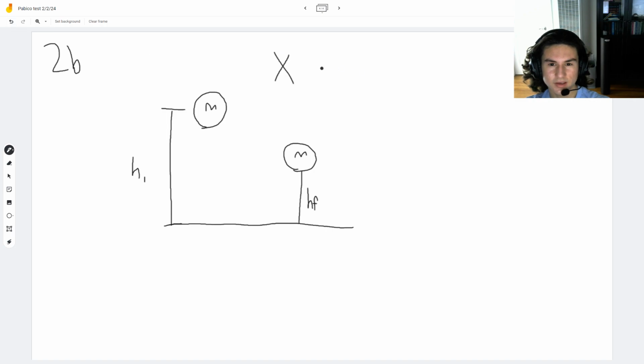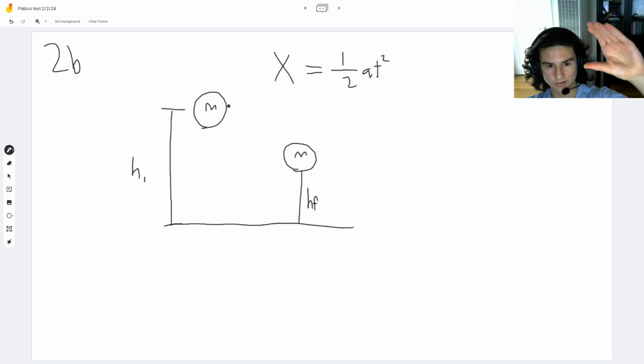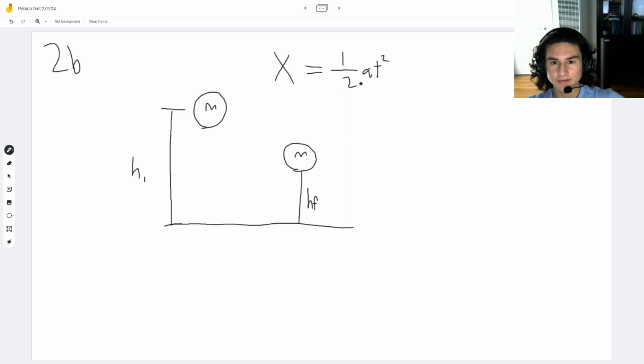I think there's a combination equation, but I'll just do x equals 1/2 a t squared. This is assuming we start with no position and no initial velocity, which is what it's saying. It's basically just starting and then it's being dropped. And so basically, the x distance it travels,